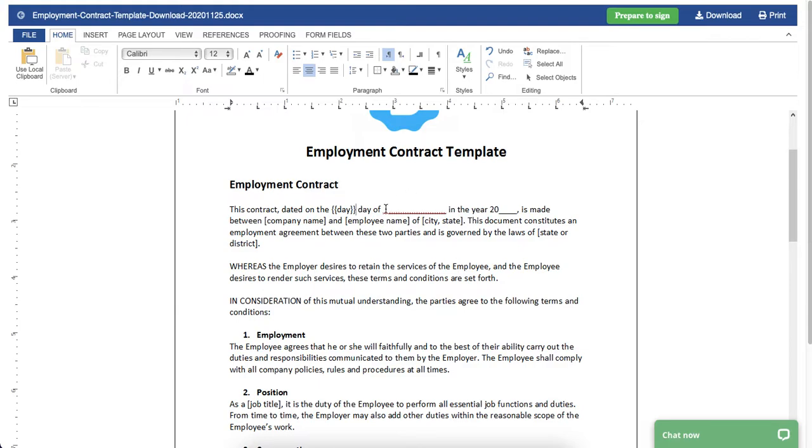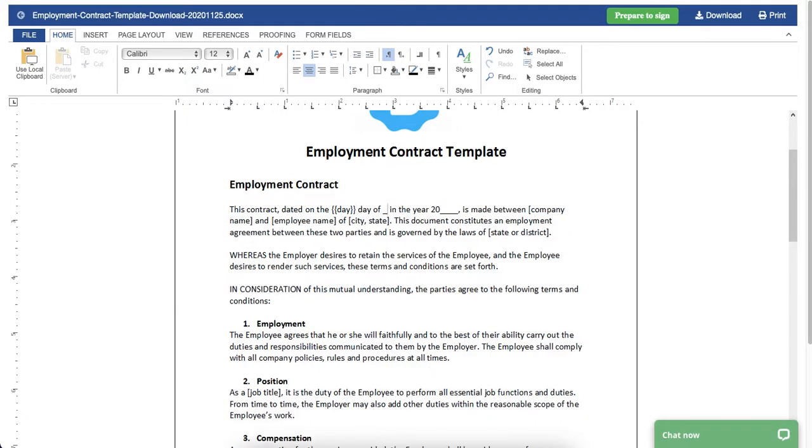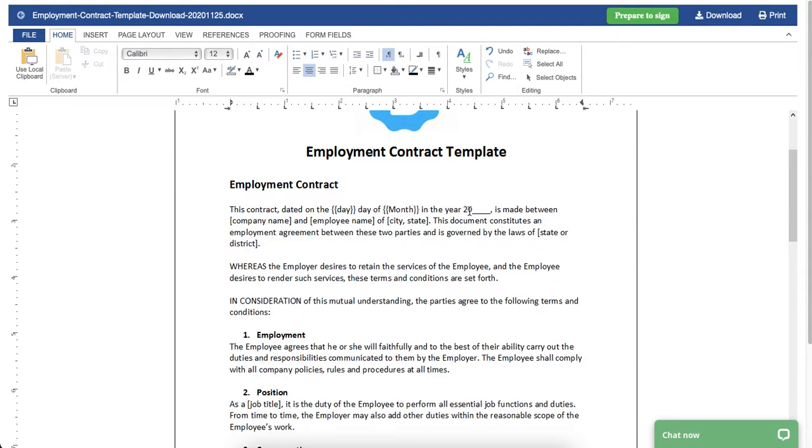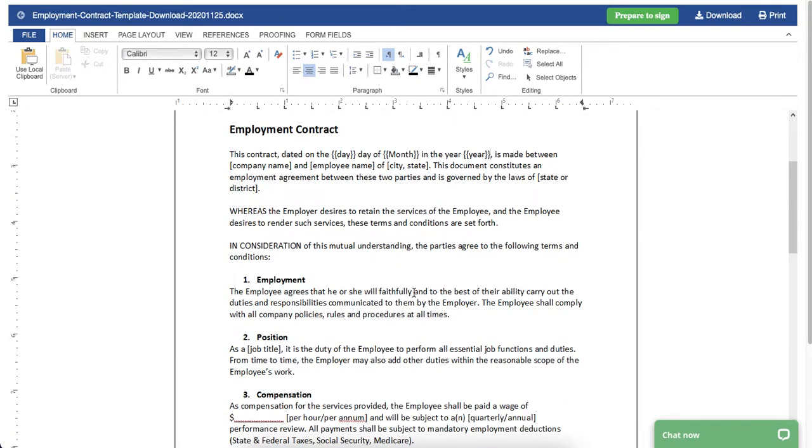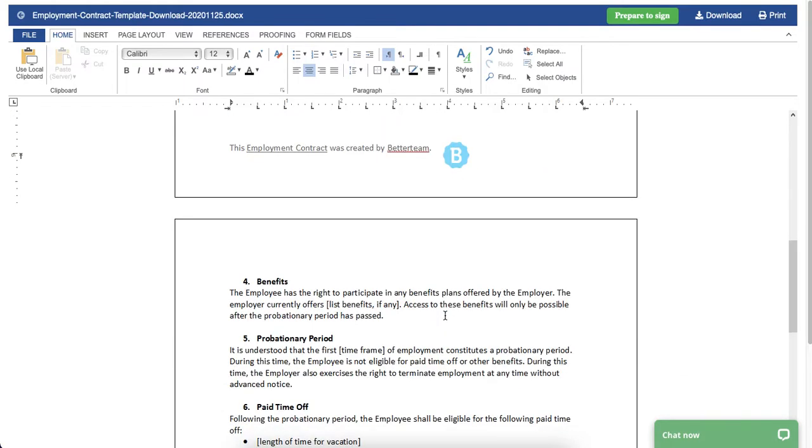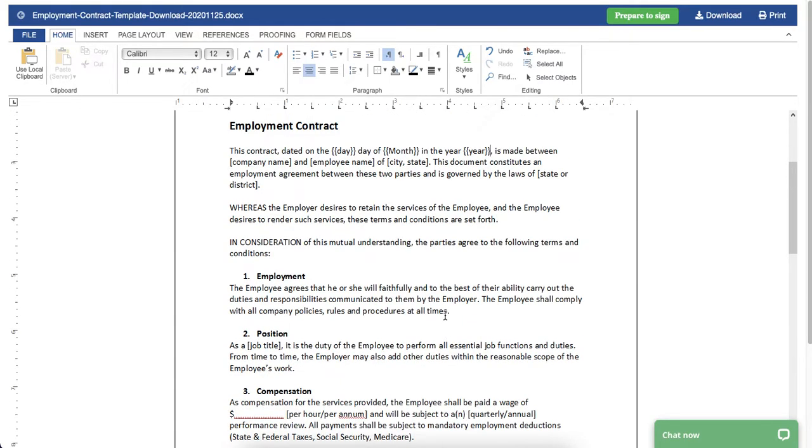And then we can also have a month. And this also says a year here with some underscores, which doesn't really look all that good. So I'll just say this is year. And let's say we have the employee name mentioned throughout the document multiple times, right? So I will just put it somewhere here,